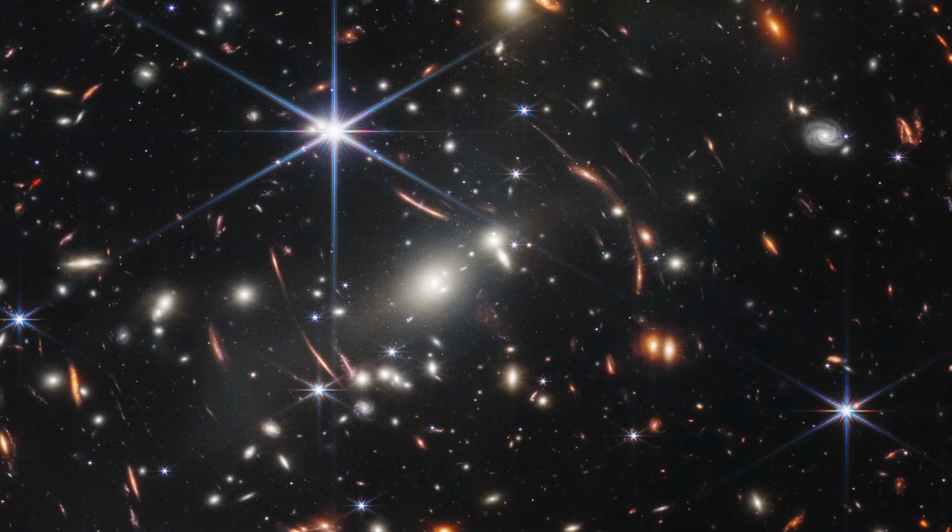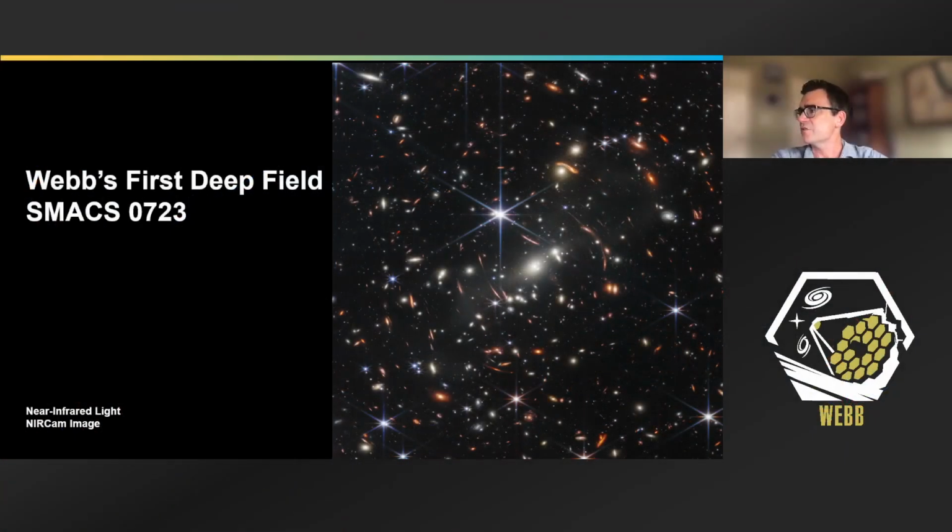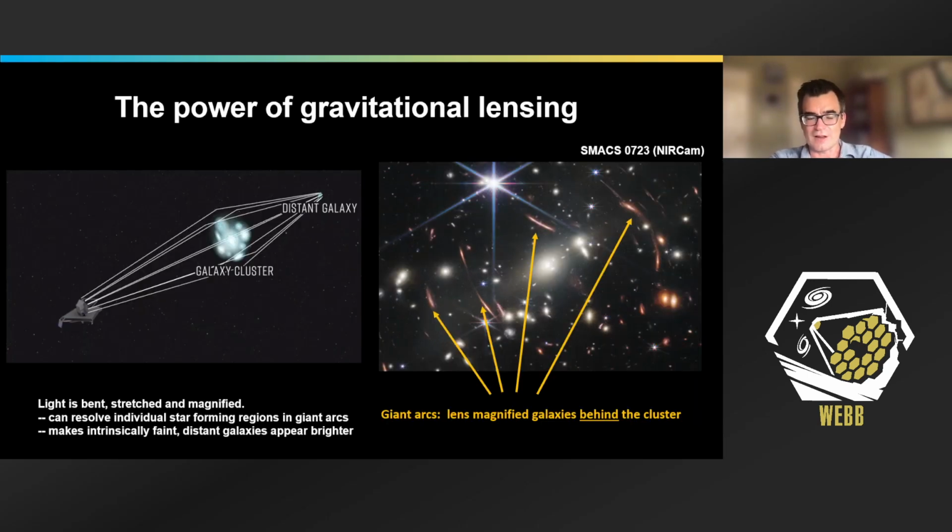In fact, we have a slide that demonstrates that. Can we go to slide 9, Travis? Yeah, here we go. On the left, you have a little cartoon illustration where those white fuzzy things in the middle, labeled galaxy cluster, are the hundreds of galaxies gravitationally bound together. The galaxies that are more distant are behind it, and because their light gets bent by the gravitational mass of the cluster, we see them magnified. Both their light gets magnified and their images get distorted, just like you would if you looked through a glass or a curved shape,